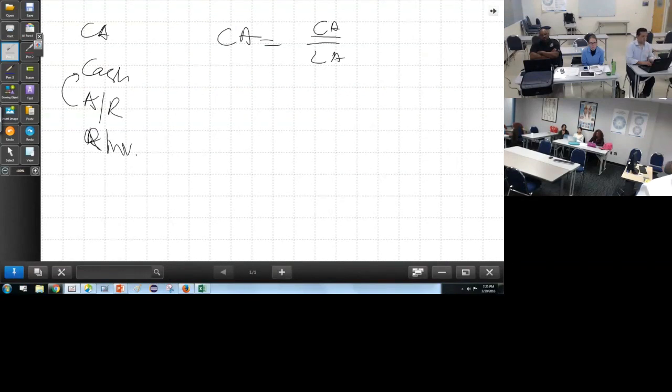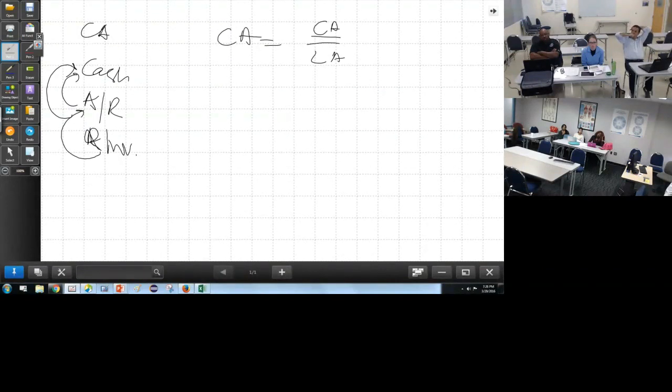If the current assets are a large number but most of them are in inventory, it may still indicate a problem, because you will have to sell your inventory to convert it into receivables, and then collect your receivables to convert that into cash,